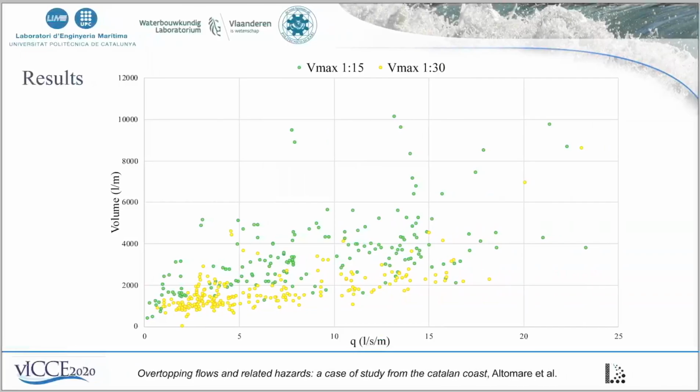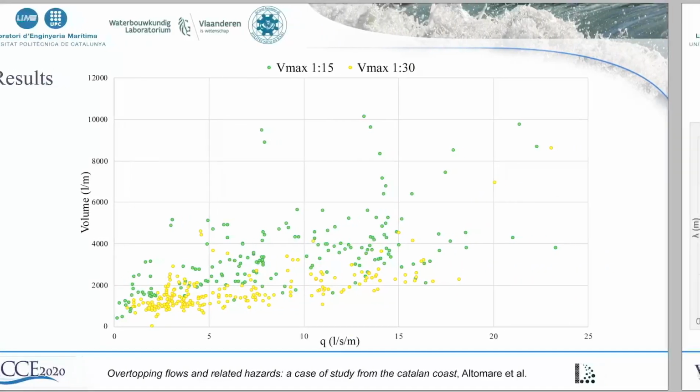maximum volume. The largest scatter, shown for the foreshore slope 1 on 15, is due to the kind of heavy breaking that occurs very close to the dike, with overtopping events that are very splashing and very violent. And therefore also the randomness of this event is very high.